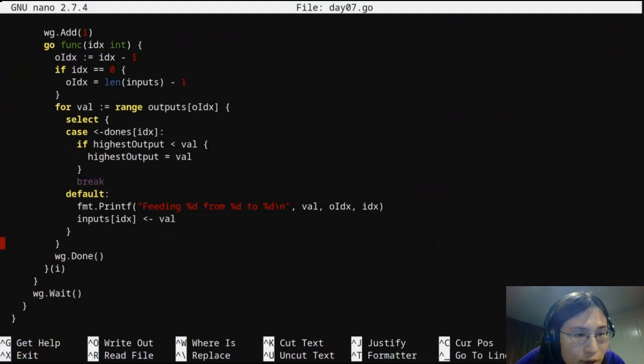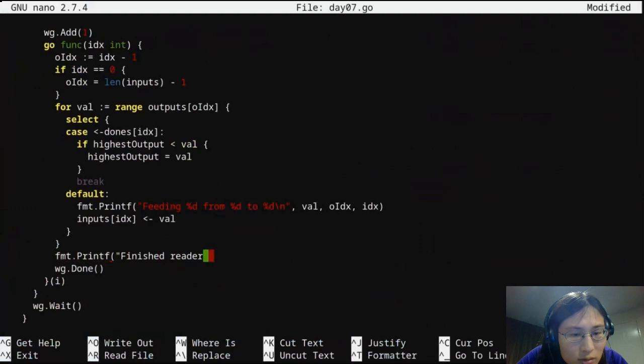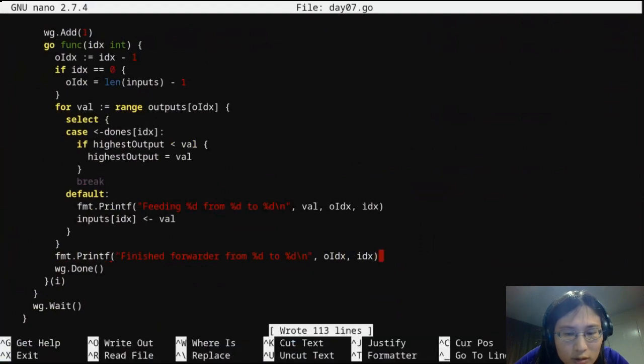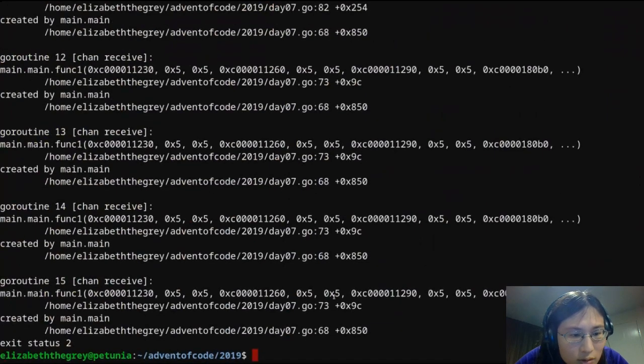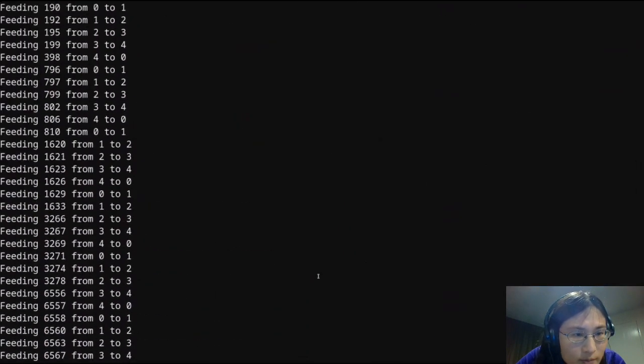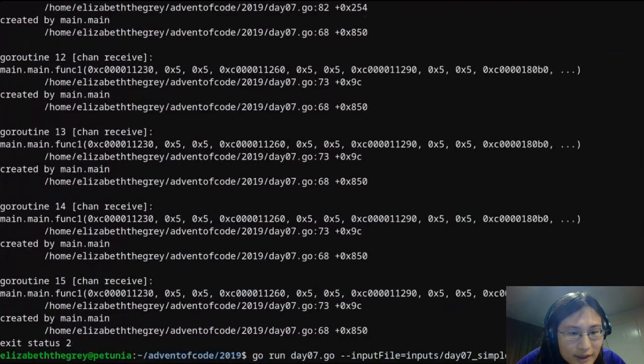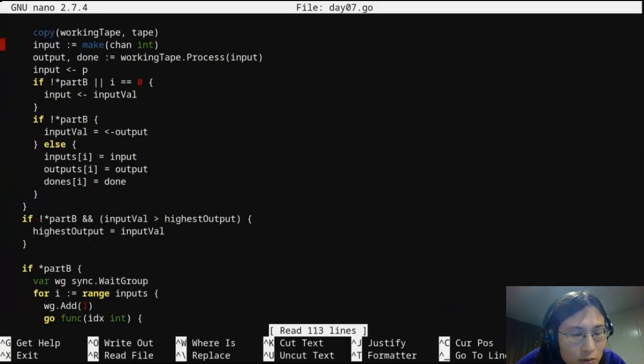So that should be... okay. I think something like that should do the trick. No, none of these forwarders actually hit their finished code.